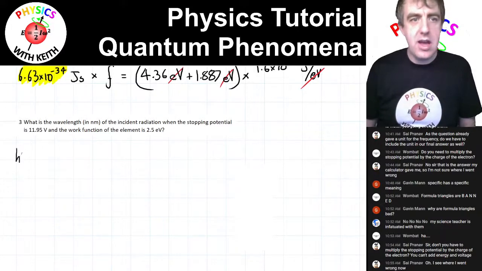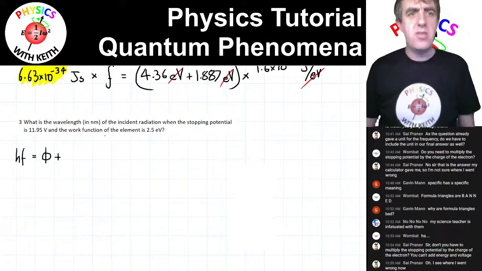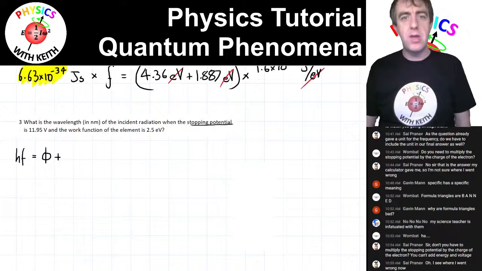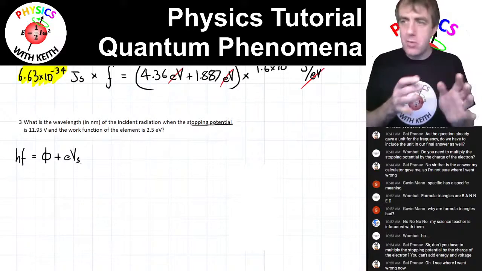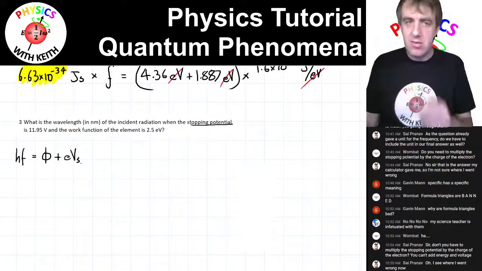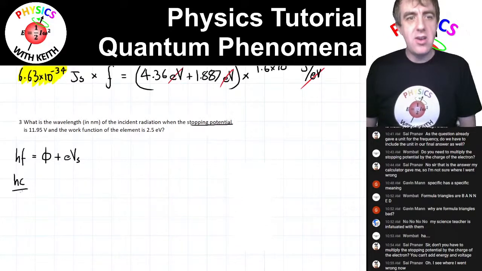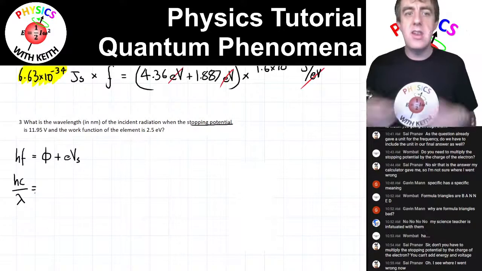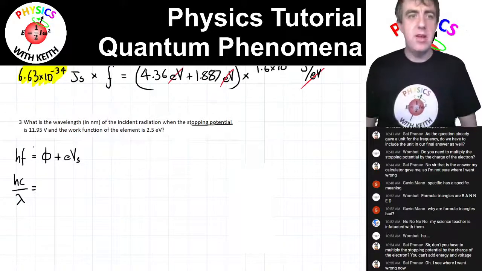So again, hf is the energy of the photon equals phi, that's the work function, plus, well, this time we're looking at the stopping potential. So this is eVs. You're never going to get stopping potential and EK max at the same time. So we're after the wavelength. That means we need hc over lambda. I've substituted in there the equation c equals f lambda